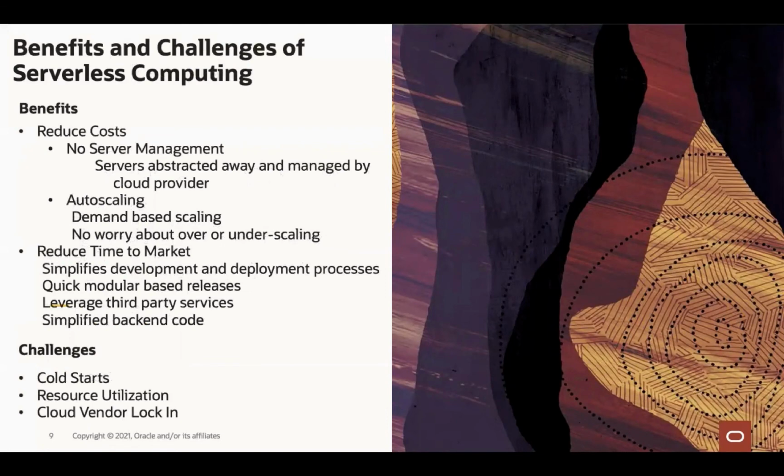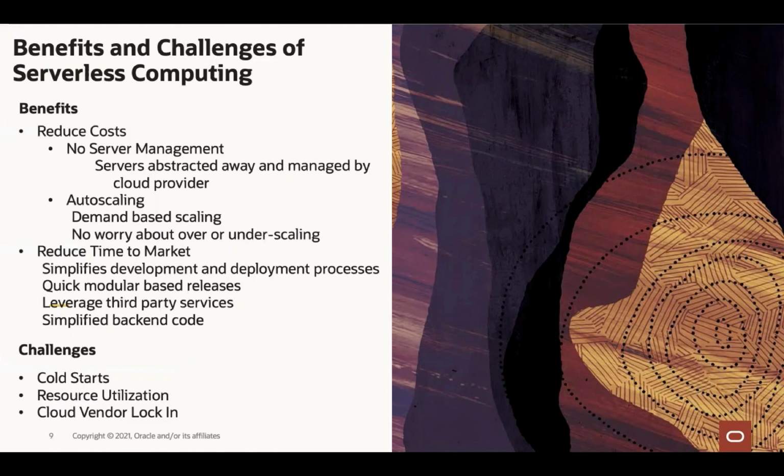We've talked about a couple of the key benefits organizations are looking for when they talk about serverless initiatives. But let's just kind of go through that list as well as start talking about some of the challenges. So the first one's going to be around reducing cost. By removing the need and expertise and cost involved in managing the infrastructure, by leveraging auto scaling and not worrying